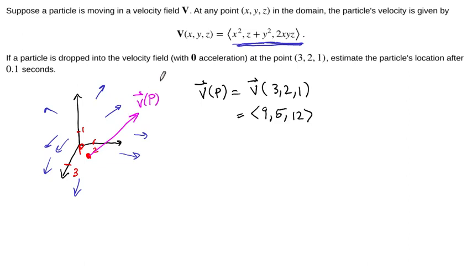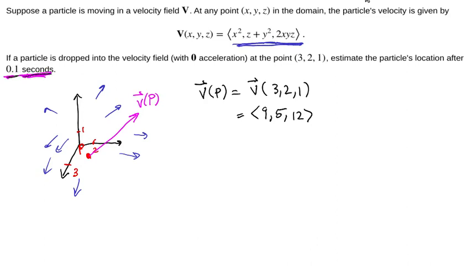Okay, and this vector then represents, so velocity is usually measured in, let's say, so this is our time, we're told, is measured in seconds. So let's say that it's measured in distance units per second, whatever this is. And so this is the number of steps that our particle would make in a full time step. Okay, so we want to make just 0.1 time steps. Now, in reality, the velocity changes from point to point. So what we want to do is we want to approximate the position of our particle after taking 0.1 second